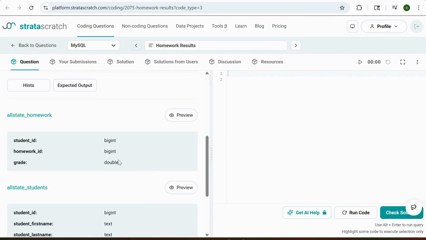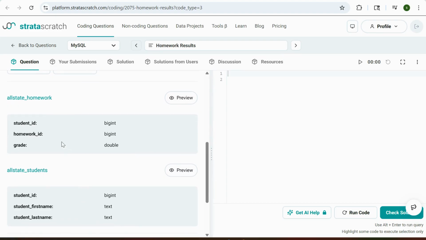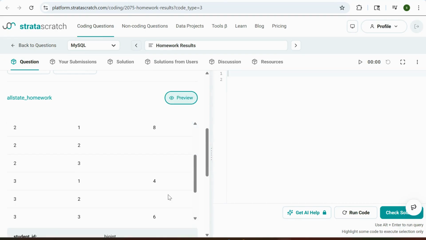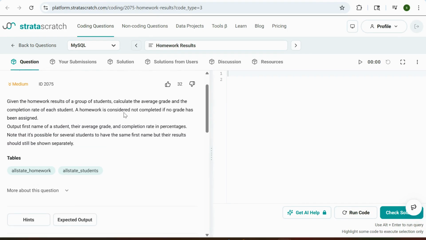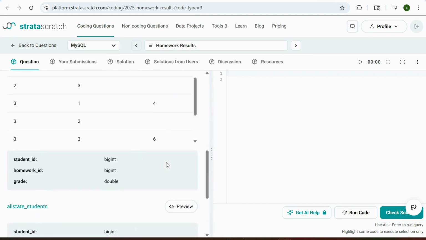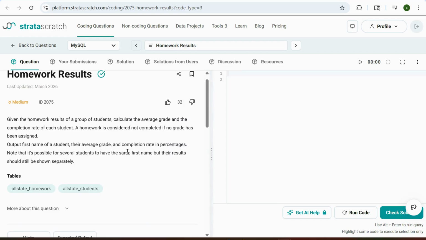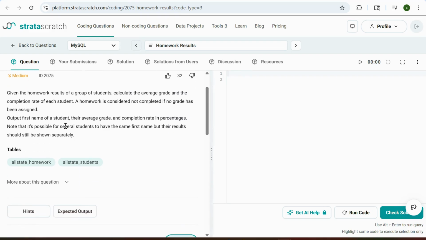separately. Okay, so there are two tables, all state homework and students, and the join will be with student ID, and if the grade is missing, that means it's not completed. Okay. And so the expected output is first name, their average grade, and completion rate. Okay, so select